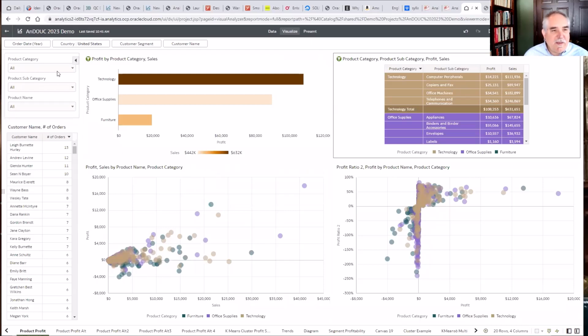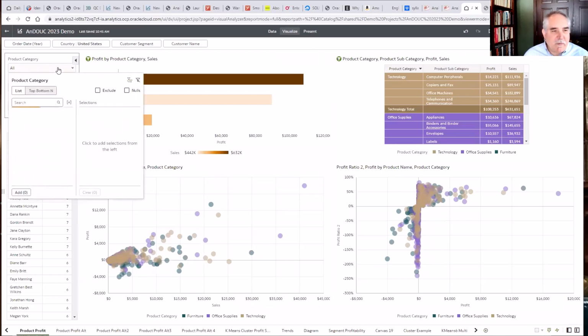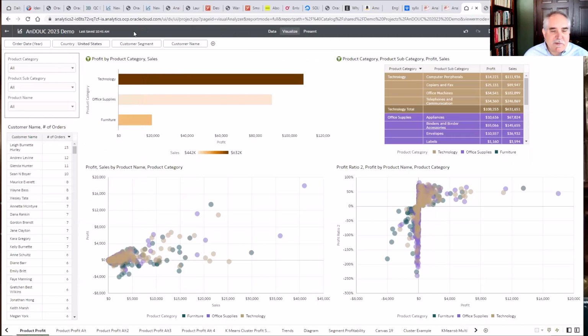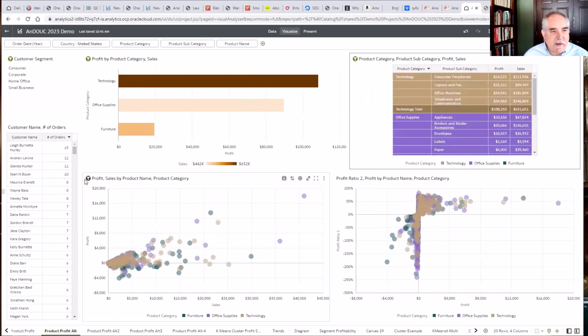You might see the product categories here in drop downs, and we put the customer segments up here. What we find, actually, is a recommendation that we would flip-flop these and organize our customer information over here on the left, and put our product category, subcategory, product name filter choices on the top, and then facilitate.